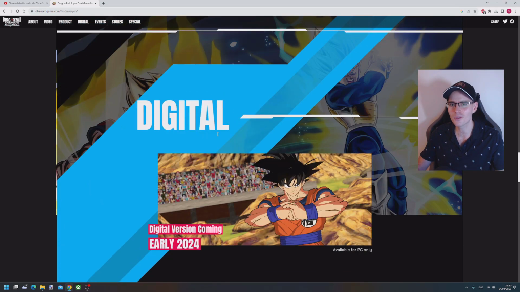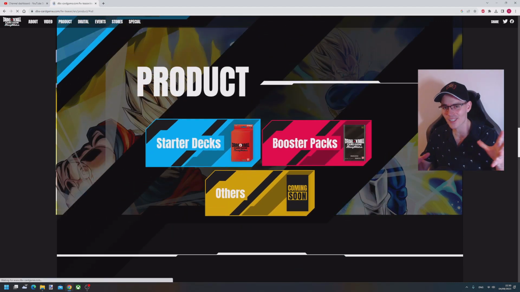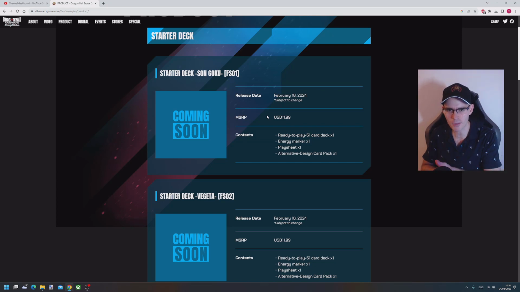But if we go up here to the starter decks, we shall see, guys, guess what, February 16, 2024, that's right. Obviously it says they're subject to change, so it could change, but I don't believe it's gonna change, to be honest. So basically the game is going to be launching on February 16, and when the game launches